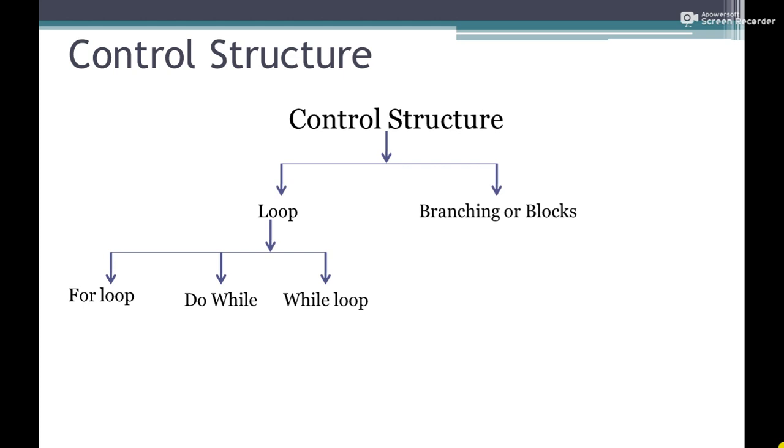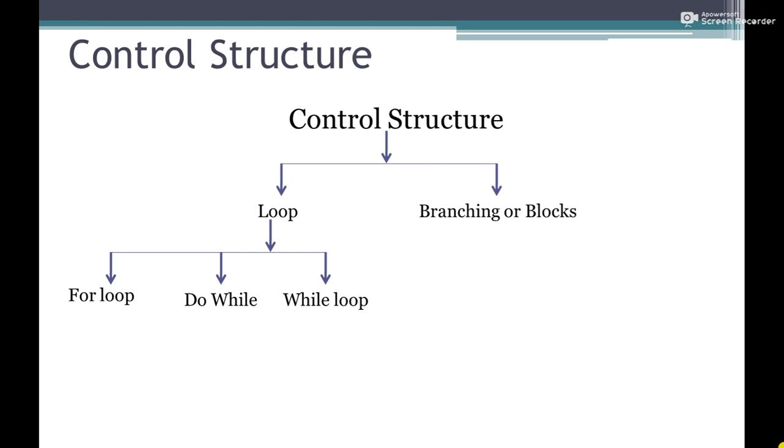For loop is used to display a sequence or series at a time. That means, for example, if you want to display 1 to 100 or 1 to 50 at a time, then we will use the for loop. So once we start the for loop from 1 to 100, it will display 1 to 100 at a time. So this is the for loop which we use for a sequence of numbers or a sequence of the format we want to display at a time.